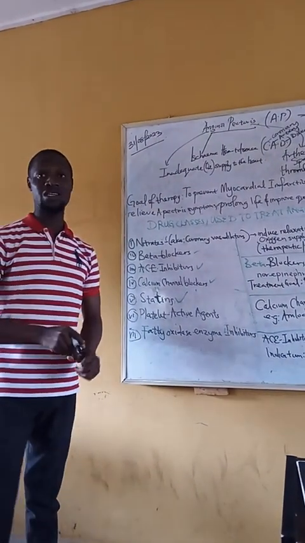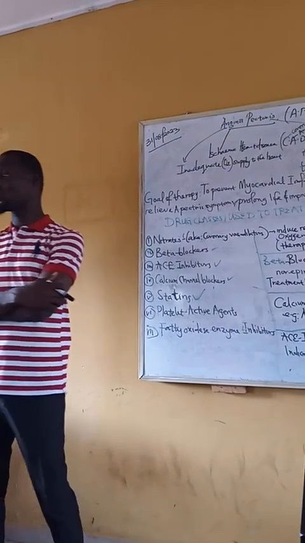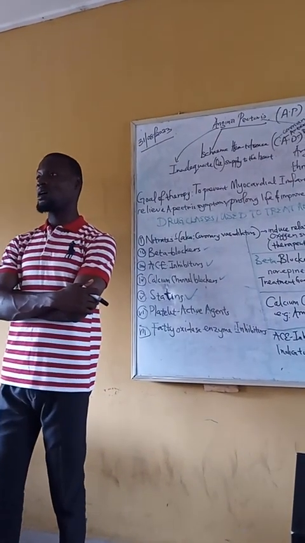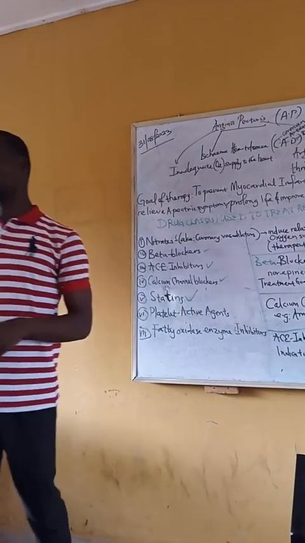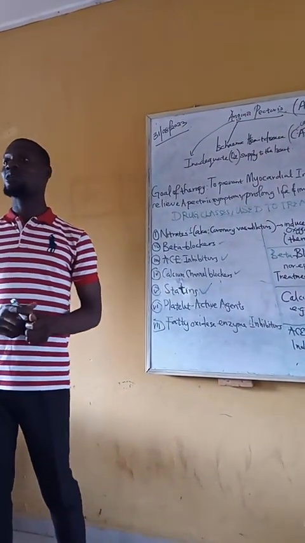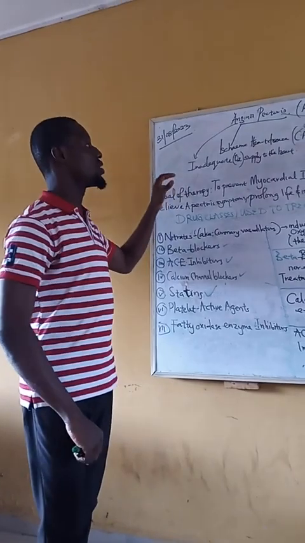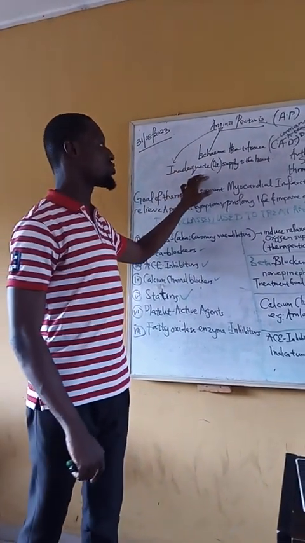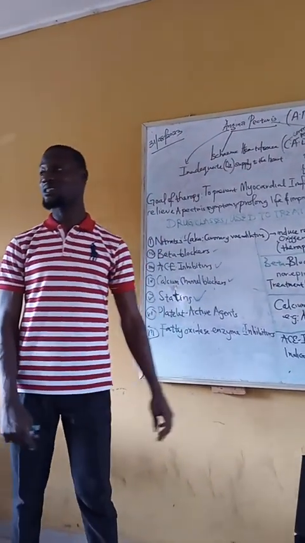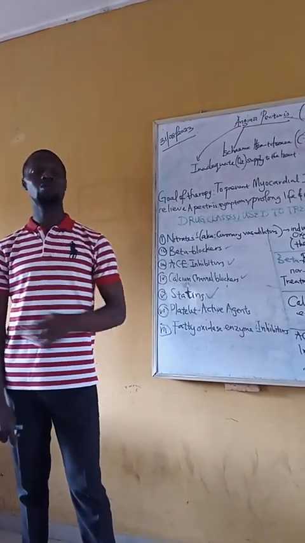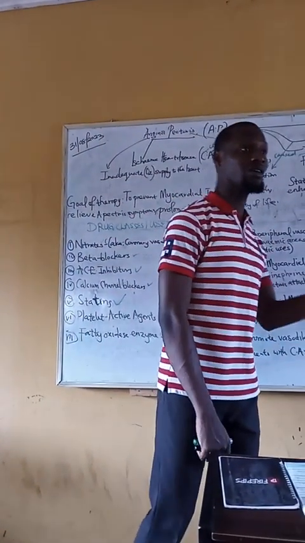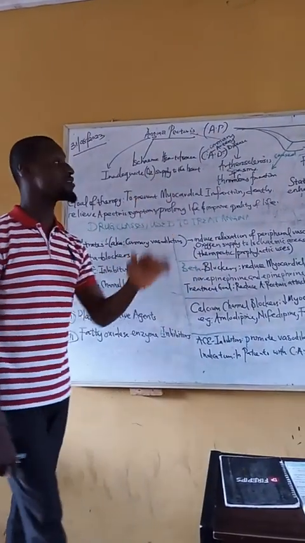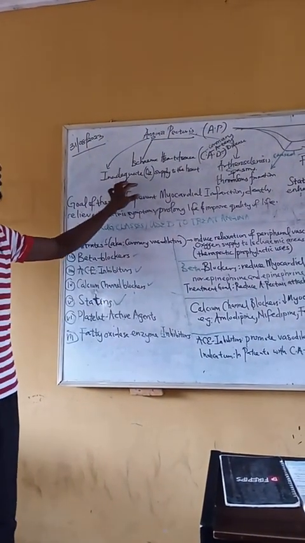So we should define angina pectoris, and we will define it as a feeling of discomfort around the chest area, which is due to an inadequate oxygen supply to the heart. So angina pectoris is a discomfort in the heart. It can be a sharp pain or a progressive pain that has to do with inadequate oxygen supply to